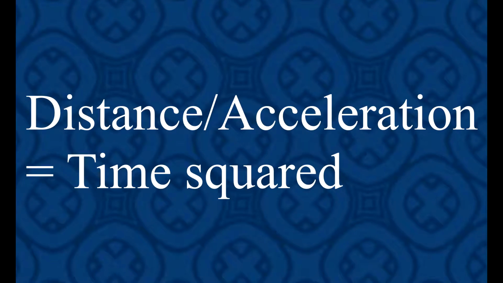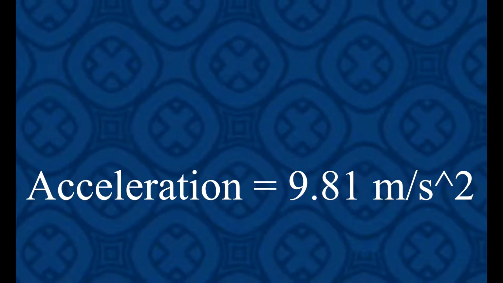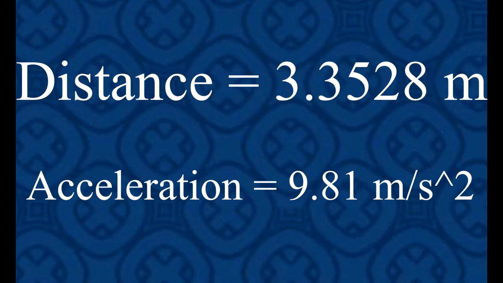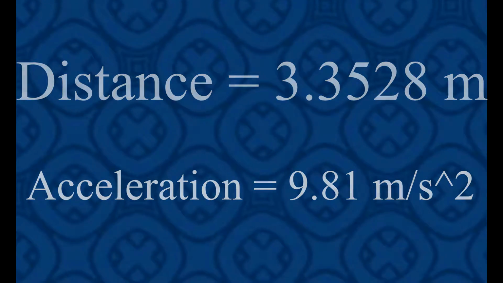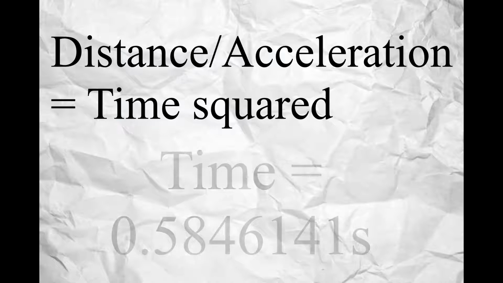Alright, we're going to want to solve for the initial velocity of Sakamoto when he leaves the broom. And for this, we're going to have to be solving for time first. And for time, we'll be solving it with the equation distance over acceleration equals time squared. For acceleration, we'll factor in acceleration due to gravity since that's the only acceleration acting on Sakamoto in flight. And for distance, we'll factor in the height of the windowsill since that's what we're trying to solve for. Alright, so we'll be putting 3.3528 meters over 9.81 meters per second squared and squaring that to solve for time, which would be